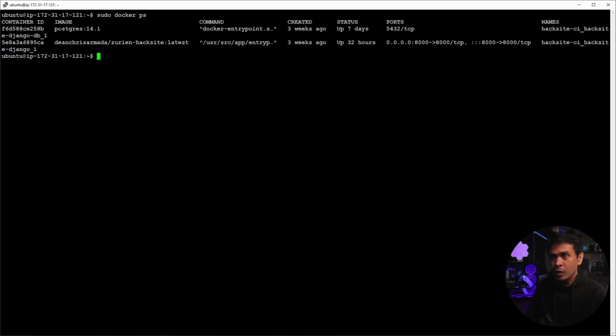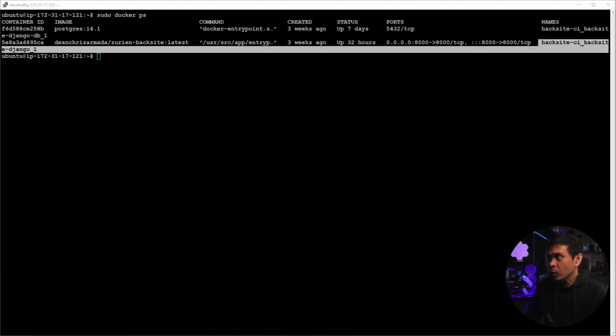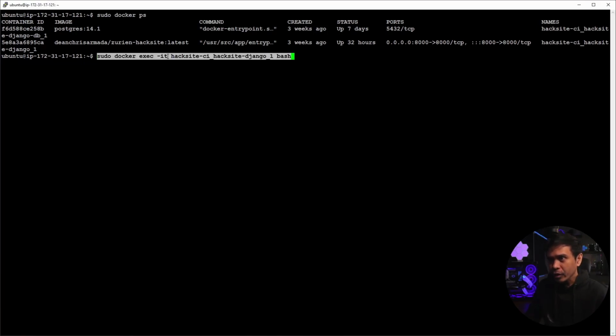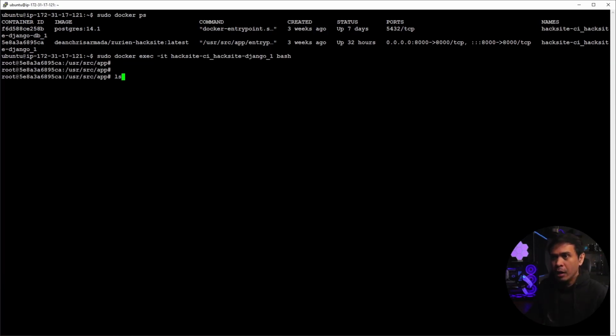Let's verify. As you can see, we have two containers running, and since we are going to change the connection to a different database, now it will be on the RDS, we need to access our container, okay, this container. So what I'm gonna do is I will just do sudo docker exec -it hacksite and bash. Okay, so I'm gonna hit enter, and as you can see, I'm already in my container, this container, the second one. Okay, and what I will do next is I will test if I can connect to our